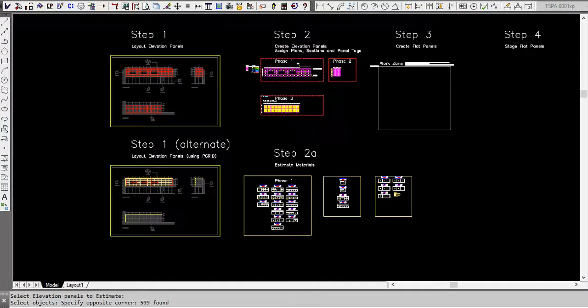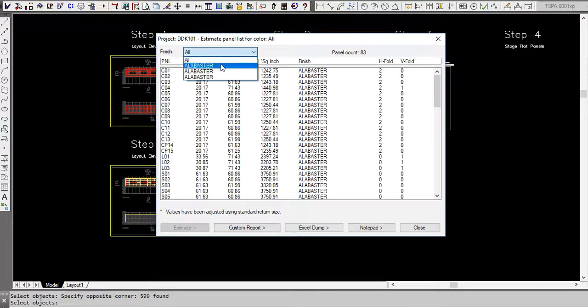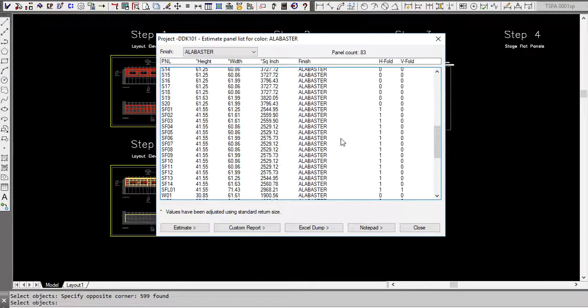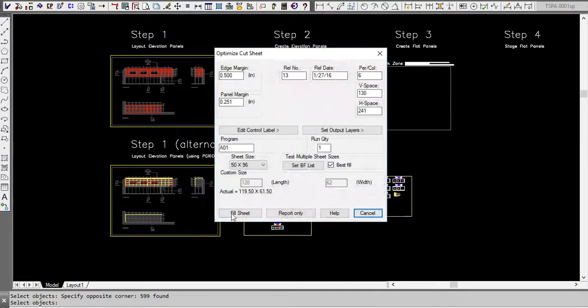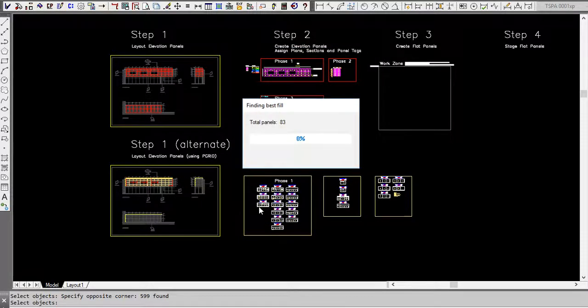This way it'll group what it can, and I'm just going to say alabaster, and it sees them all because they're all the same alabaster. That's the bottom line. So then we're going to run the estimate, and this time it's going to take a few more seconds because it's got to walk through 83, and it's trying to figure out the best layout for all of them together. So the next step we're going to do after this optimizes our elevation view, because